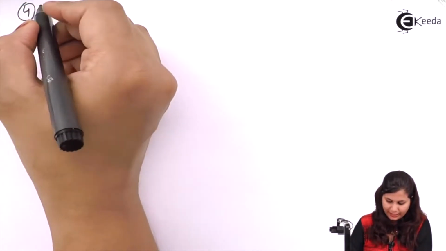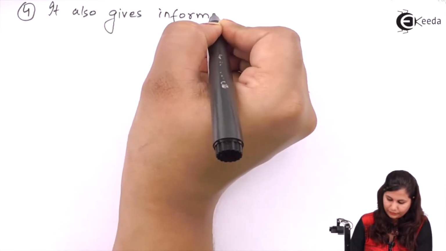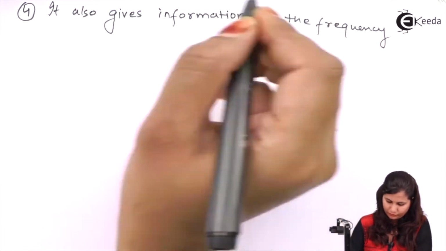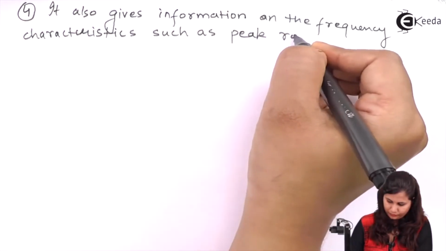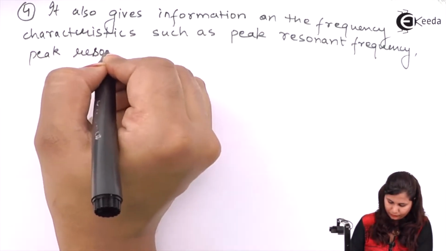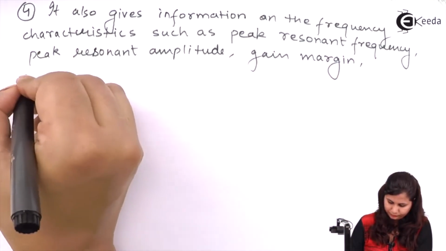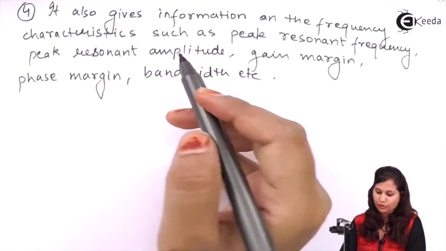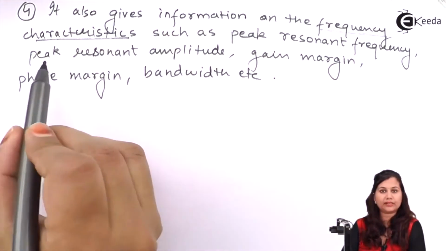So, the fourth advantage is that it also gives information on the frequency characteristics of the system, like peak resonant frequency, peak resonant amplitude,